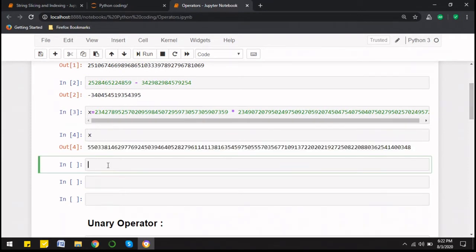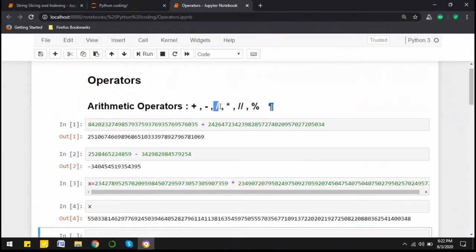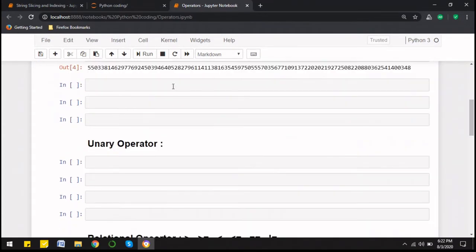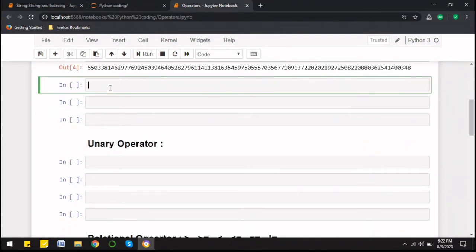So now we'll discuss the division operators, this one and this, and let's try to understand what is the basic difference between both of them. So here I will take a smaller value. Let's say I am taking 11 and I divide it by 2. So this is a division operator which gives us the quotient value.